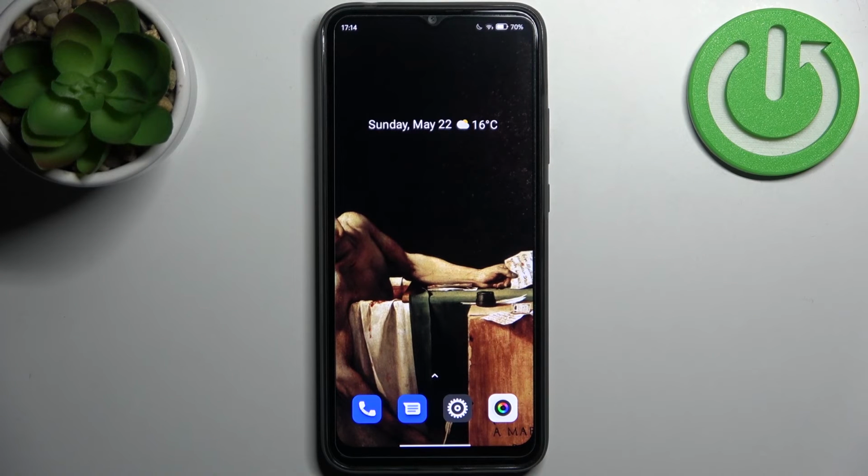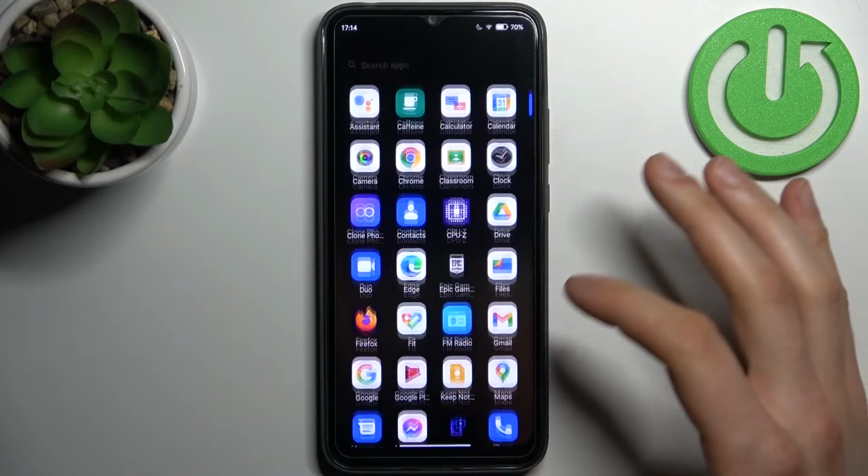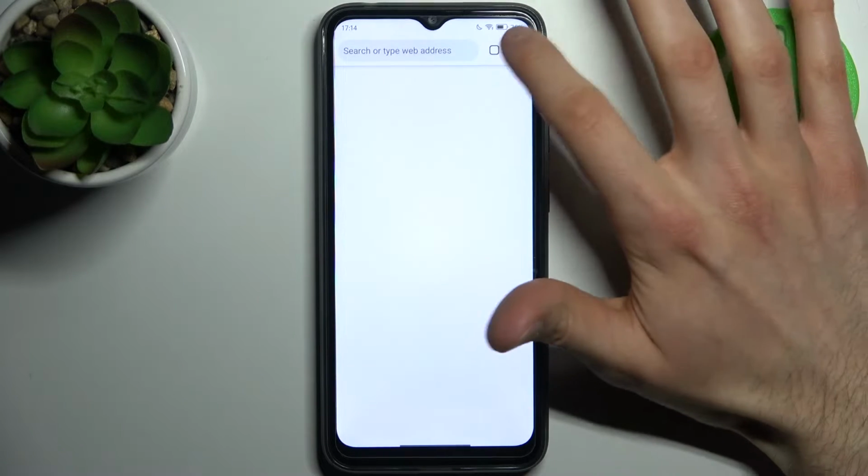Here I have BLACKVIEW A70, and today I'm going to show you how to clear browsing data from this device. So firstly you have to open your internet browser, then tap here,